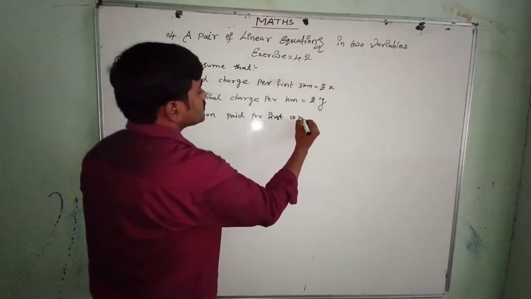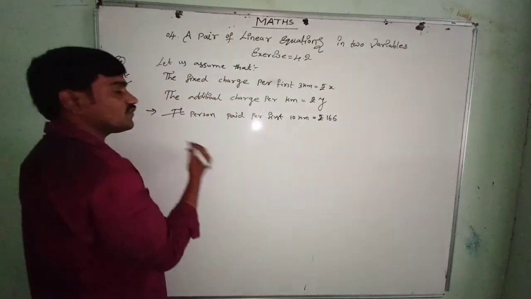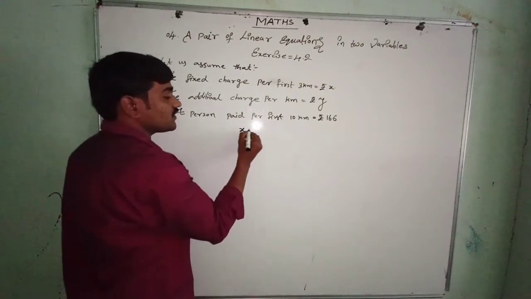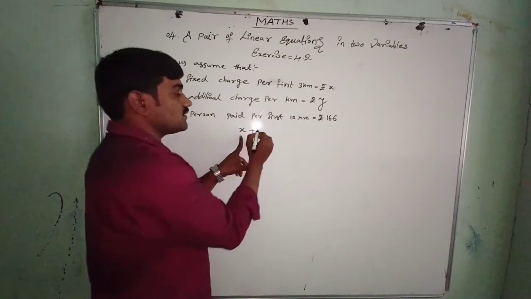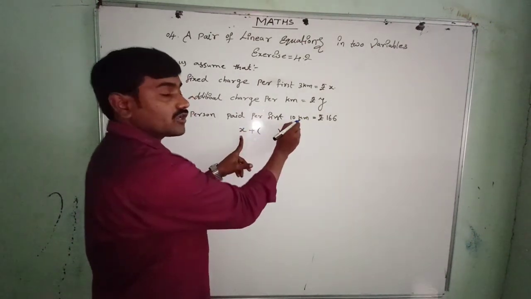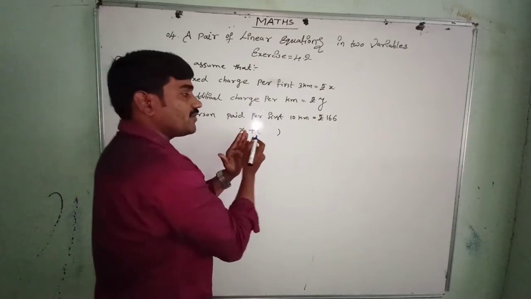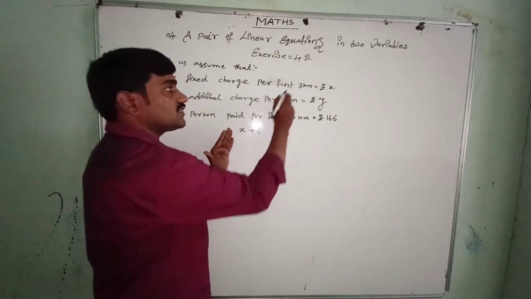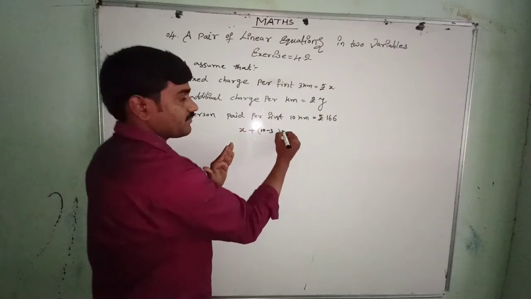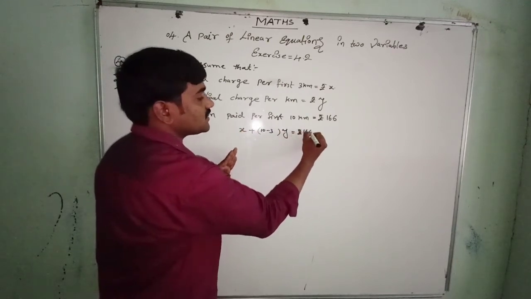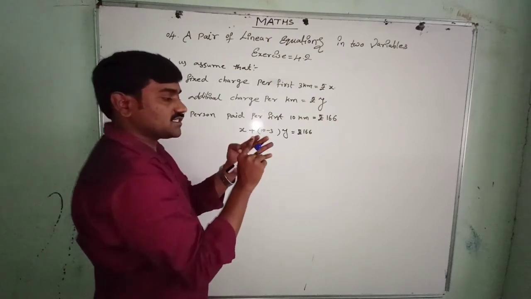for the first 10 kilometers rupees 166. So for this statement, the charge for the first 3 kilometers will be x rupees. Then he traveled 10 kilometers. For the first 3 kilometers already some amount is charged. For the next, how many extra kilometers did he travel? Other than the first 3 kilometers, whose charge came here, 10 minus 3 kilometers he traveled. That into y equals rupees 166. First 3 kilometers here, then the 4th kilometer, 5th, 6th, 7, 8, 9, 10.